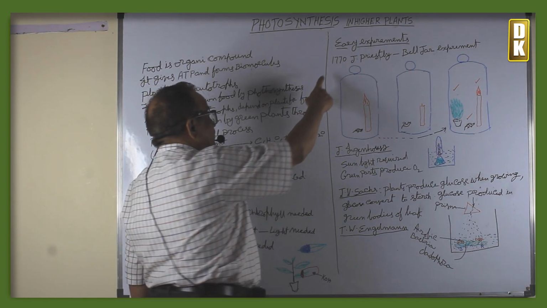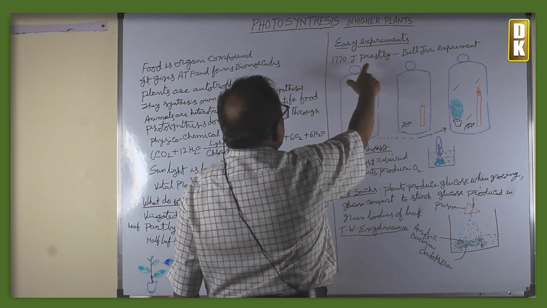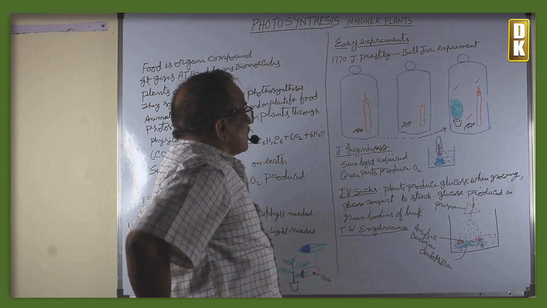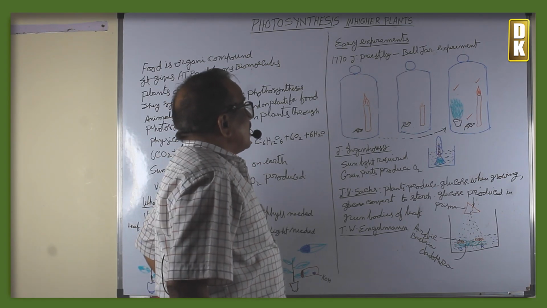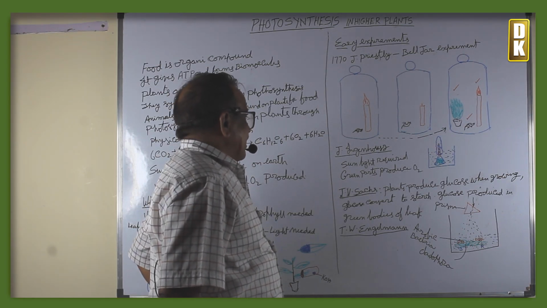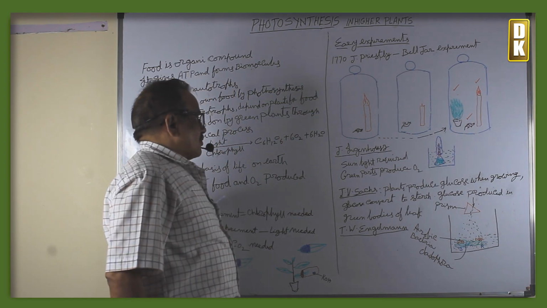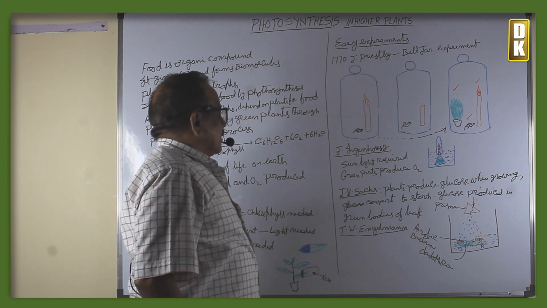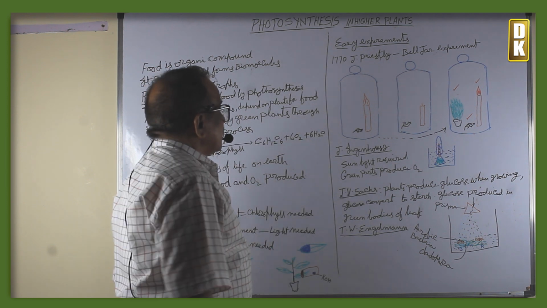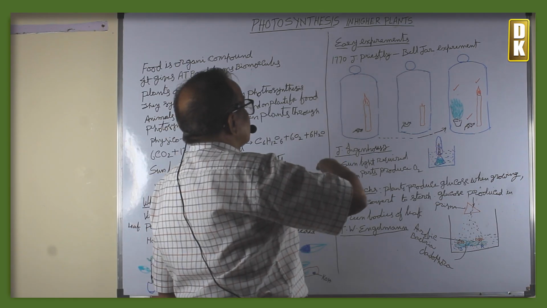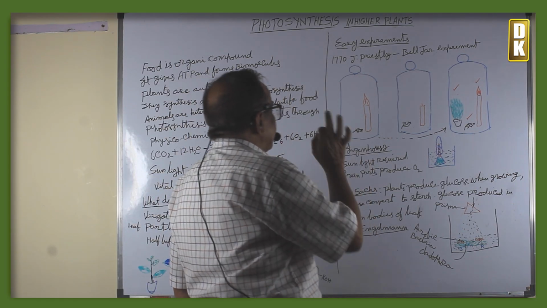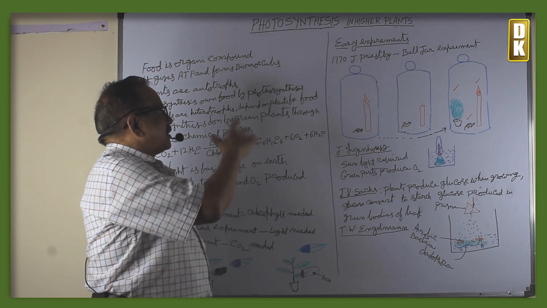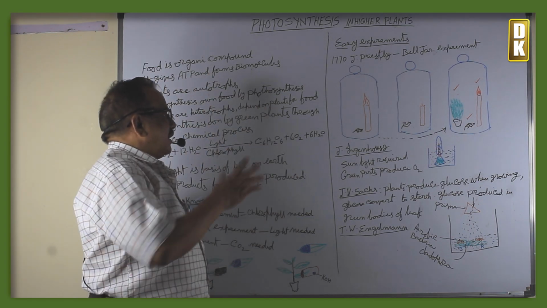The first step, in 1770, Joseph Priestley did the bell jar experiment. What is this bell jar experiment? What are his observations and findings? Of course, some people teach this in the wrong way. The main object is that this bell jar experiment is meant for the air, the outside air, which is spoiled by